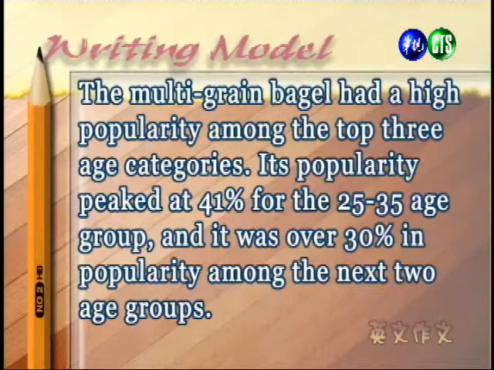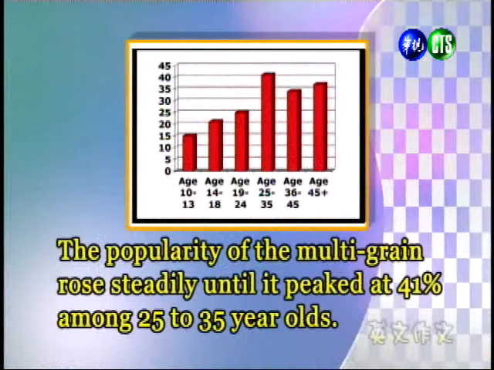Right, and so we can see that these sentences emphasize the level of popularity that is maintained among the top 3 age categories. 好，我们可以发现，在这个句子里面，它强调的是在前3高的年龄族群中，这多种谷类的贝果受到欢迎的程度。All right, so now let's take a look at another way that we can describe this data trend. 好，我们来看看另外一种方式来描述这个资料。So we can say, looking at this chart, we can see a rising trend, and then once we get to a peak, then it stays kind of the same. 好，我们在这张图表中，可以看到这个受欢迎的程度是慢慢增加的，而且我们可以看到它到达顶端之后，后面的受欢迎程度都算是蛮高的。